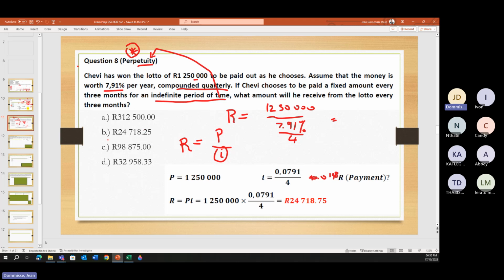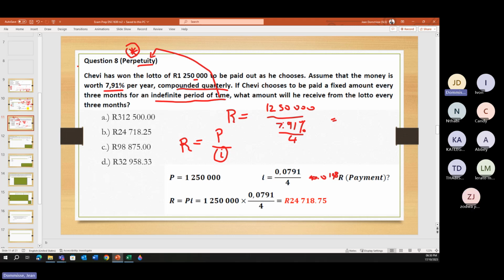Also, they will not give you an answer that is a rounding difference where it could have been different. What will happen is one of these answers will be if you only divided it by 7.91%. So we can look at that, but first, let's get to the answer. So if I say 125,000 divided by that,